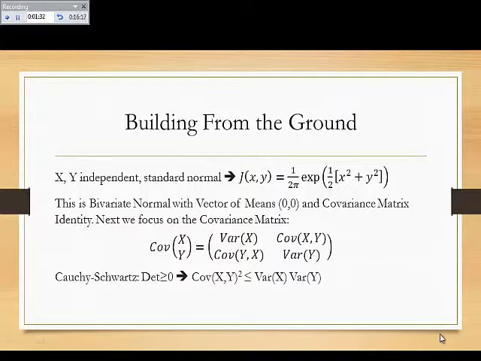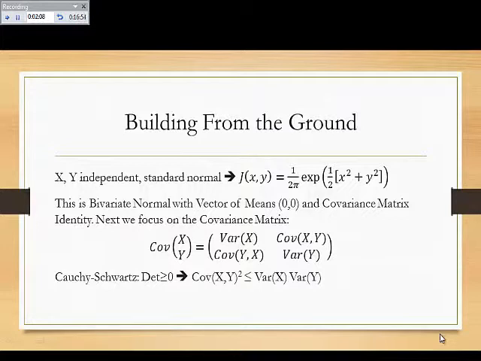What is the covariance matrix? So the covariance matrix consists of these 4 entries. One is the variance of x, the other is the variance of y, and the off-diagonal term is the covariance of xy, which is the same as the covariance of yx. Now, one very important property of this covariance matrix is that its determinant is always greater than or equal to 0, typically greater than 0,